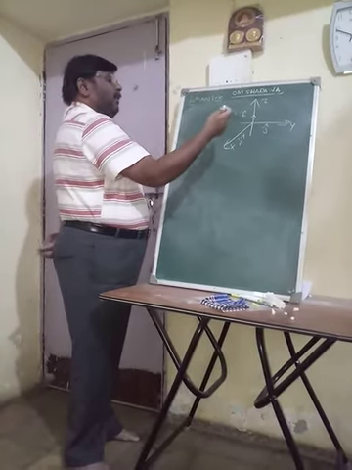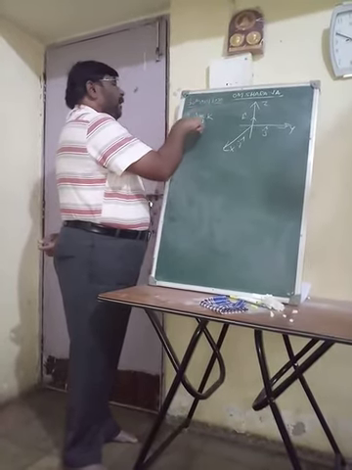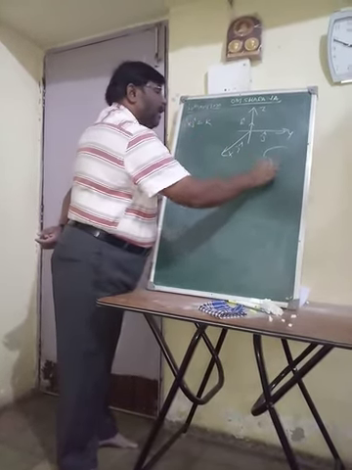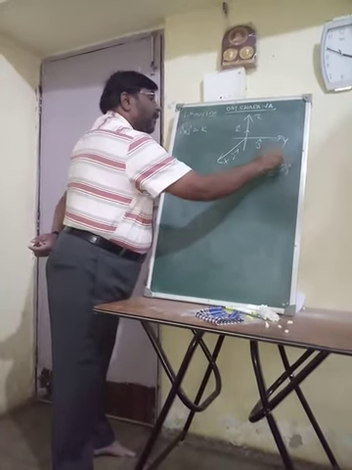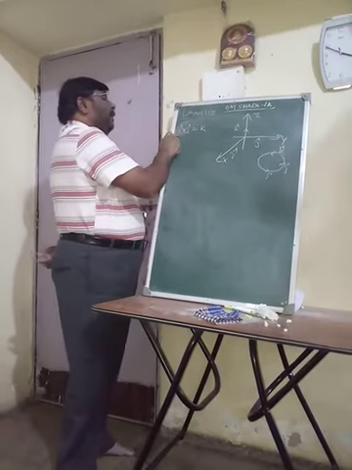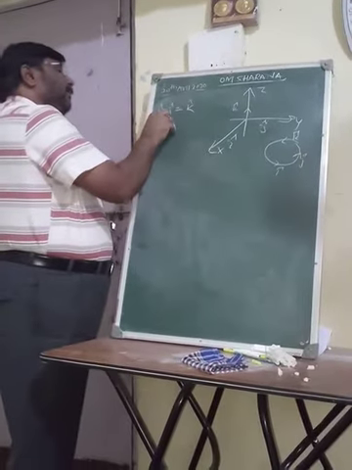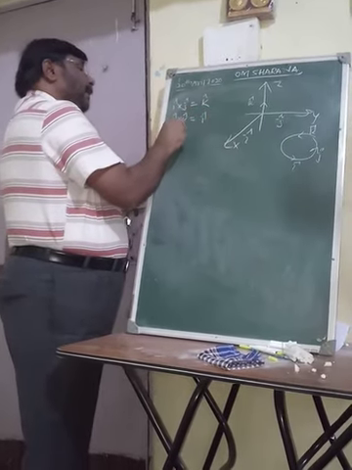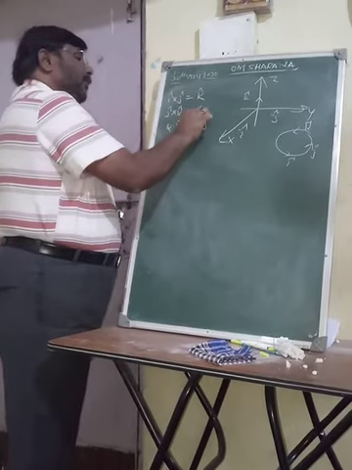Now i cross j is equal to k, as the cross product of the two vectors takes place in the direction perpendicular to the plane of the two vectors, and all i cap, j cap and k cap are mutually perpendicular to each other. The vector perpendicular to these two is vector k cap. Next, j cross k is equal to i cap and k cross i equals j cap.